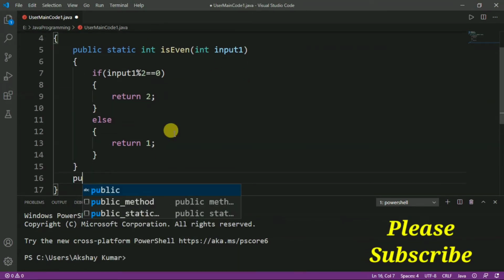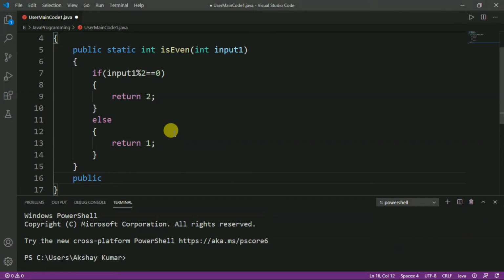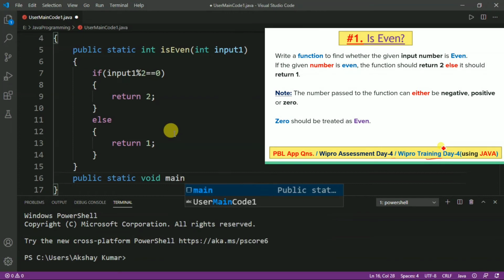Now, from here we have to write the main function to call the function and to take the input as well. So, public static void main(String[] args).